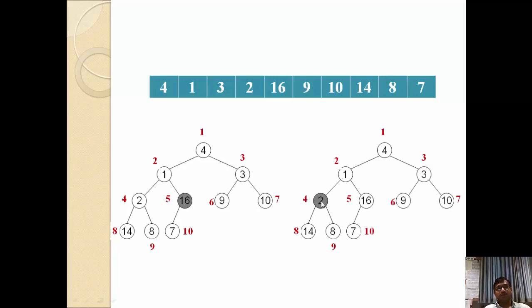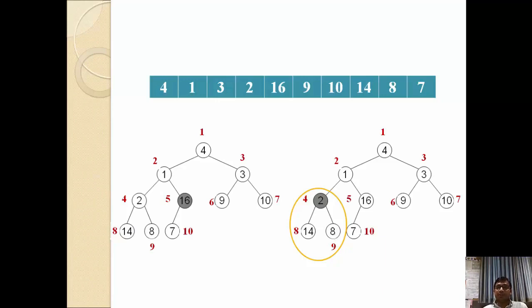The fourth node has a value 2, and has two child nodes. One is the left child node 14 and the right child node, that is 8. Now see, it does not satisfy the heap order property. So what we need to do is perform swapping between the largest element and the parent node.